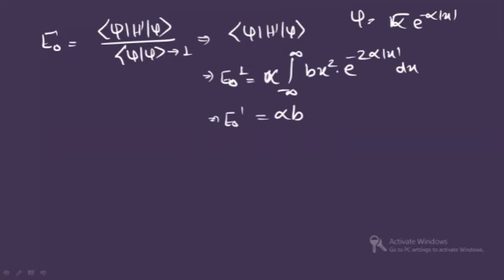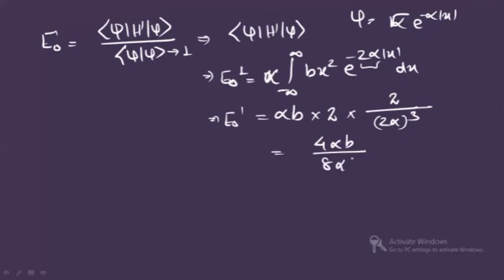So this integration we have just done, x to the power n e to the power minus lambda x, where the integration limit was 0 to infinity. So for minus infinity to plus infinity, you will get a 2 here, and lambda is 2 alpha. n plus 1 is 2 plus 1, so it is cube. Factorial n is factorial 2, so it is only 2 here. So finally, you are having 4 alpha B divided by 8 alpha cube. 4 twos are 8. Clear?